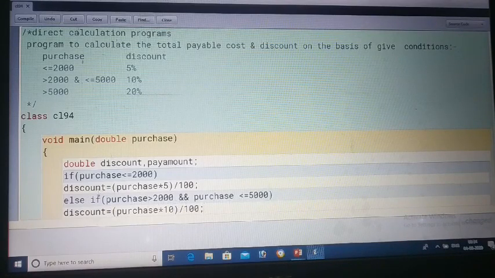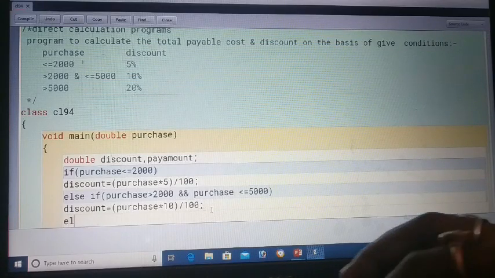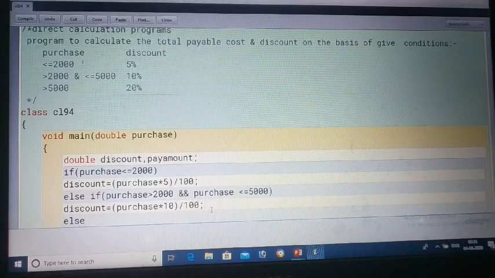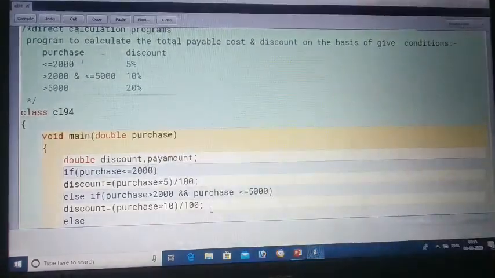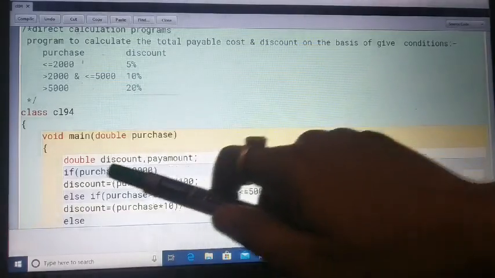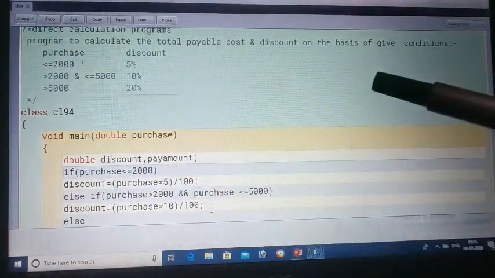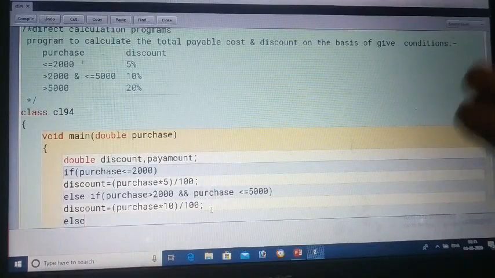Next, what will happen if this condition matches with the value? This will execute. Otherwise only one condition remains. When it is the last condition, you need not proceed with another condition. You can write it with else. How? See, suppose the first condition is wrong, the second is wrong. So what is left? The third, automatically. So it will automatically be taken by else.